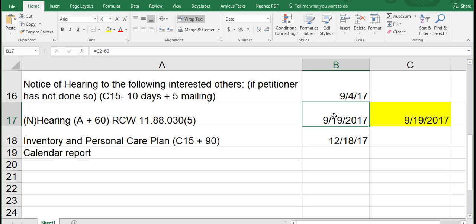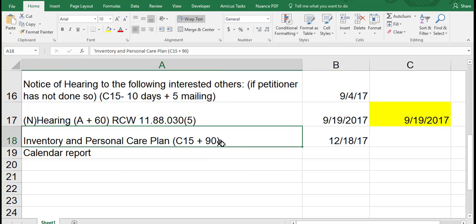After the hearing, and assuming that the guardianship is established, there will be a permanent guardian appointed, and the guardian ad litem will be done with their work and will be discharged. The permanent guardian then takes over the case and must, within 90 days of the date of the hearing on the guardianship, come back to court and say, here's the inventory of the financial estate of the AIP, and here's a personal care plan.